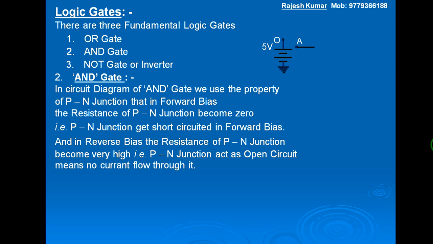Suppose this is input A, and a PN junction D1 is connected so that the N type of it is toward the positive terminal of the battery of 5 volt, and suppose this is input B and diode D2, PN junction D2, again with its negative terminal toward the positive terminal of the battery, and the P type of the diodes are connected through a resistance R to the positive terminal of the battery of the same 5 volt, and the negative terminal of which is connected to earth,